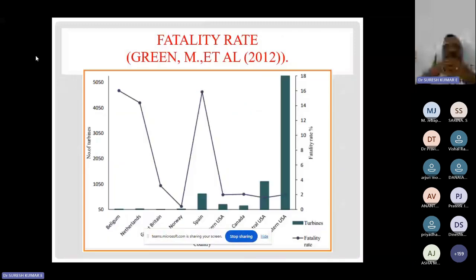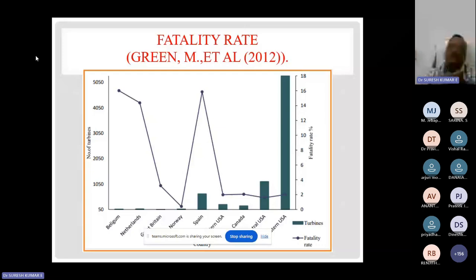Again, graphically, you can see Belgium, Norway, and like that, the countries. On the right side you can see the fatality rate, and on the left side the number of turbines. When the number of turbines is more on the left side, correspondingly the fatality is also more on the right side. That's why our concern is that we don't want further traditional energy sources, fossil fuels, actually we want,